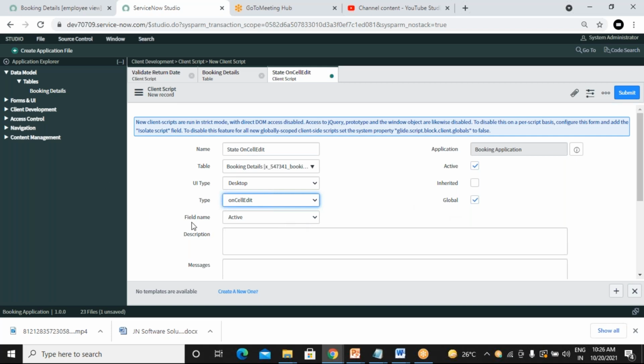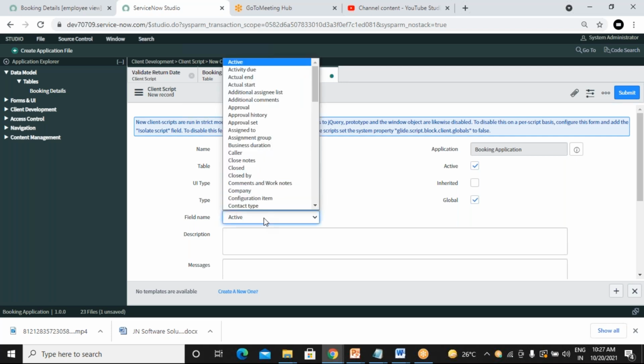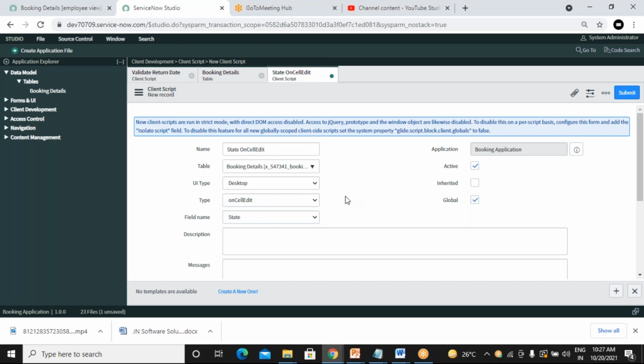When I select on-cell edit, you can see it is asking me to select the field. It means which column you want to implement this on-cell edit on. It works like an on change, which also works on a single column on the form. So this on-cell edit also works on a single column in the list. Here we have to select the state. Once you select the state,